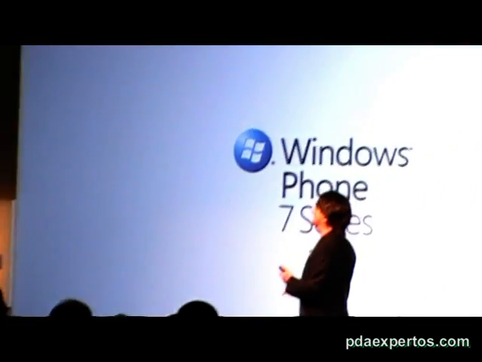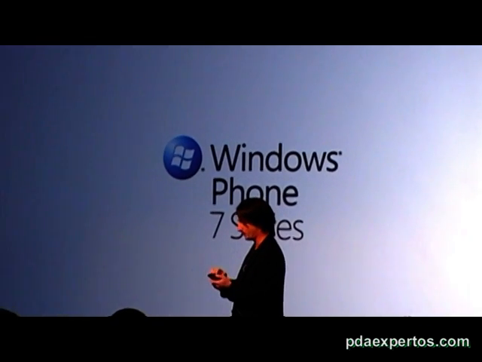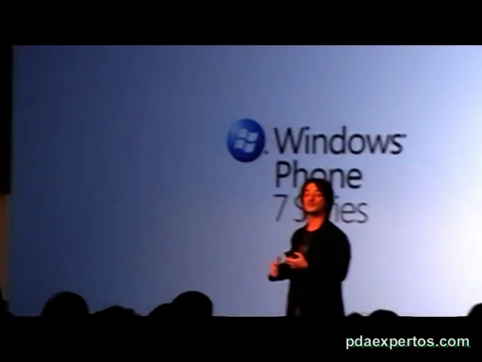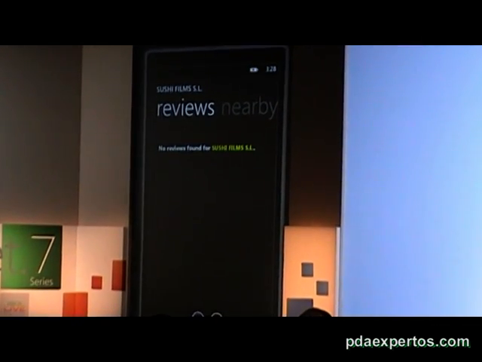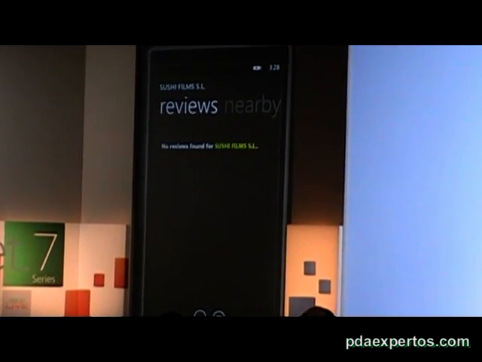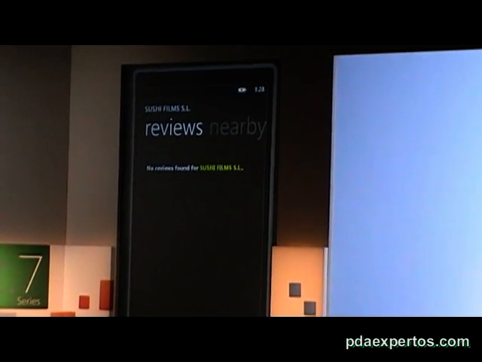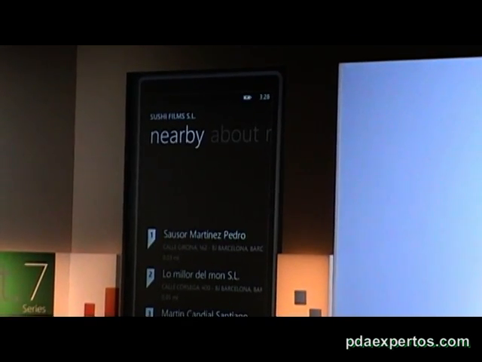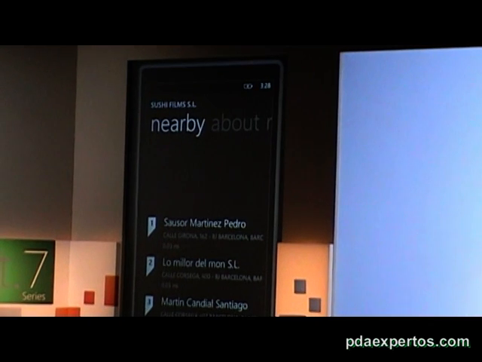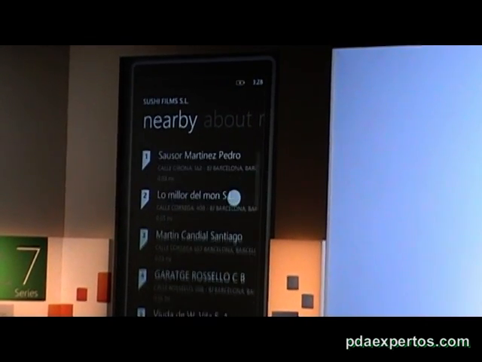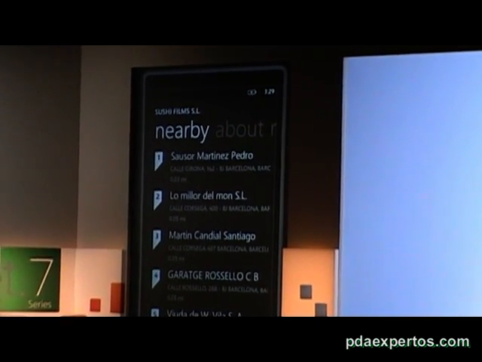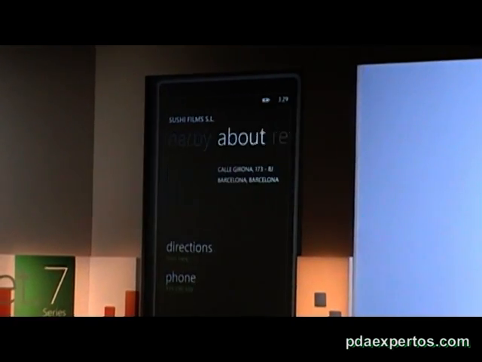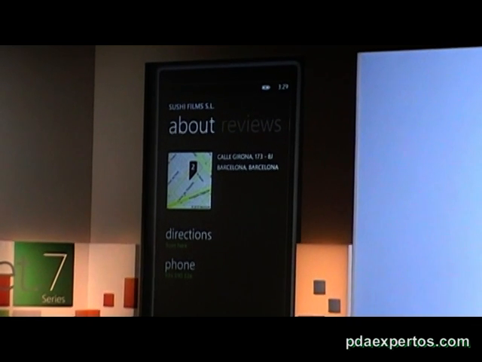I can get directions to this place from here. I can dial the phone number. If I pan to the right, I can read reviews. And on the back end, Bing is filling up with reviews from lots of different partners like Yelp, so that reviews are available right here instantly as you look at each item. I can pivot over and look at places, businesses that are near this one. So here's a list of nearby businesses. So if I want to find parking or a bank to get cash, the service is optimizing to make those tasks really easy. So